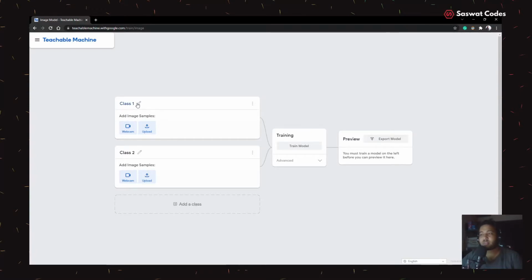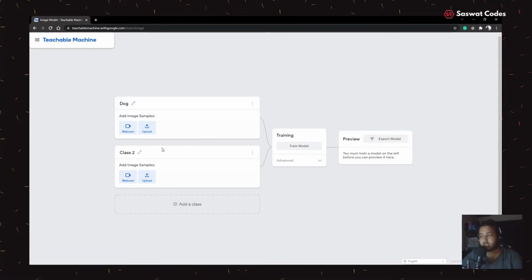These are the names of your particular set of data, just like dogs. So I will give the class name as dogs or dog, let's say. So here all the pictures of dog or the reference of dog will be uploaded. Like we know that in machine learning we need lots of data to train the model, and in this way we can train our model just by uploading our data.